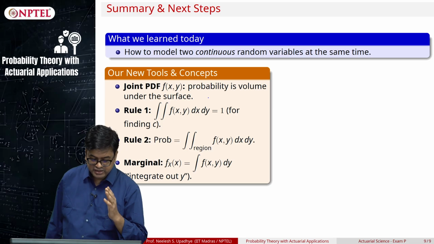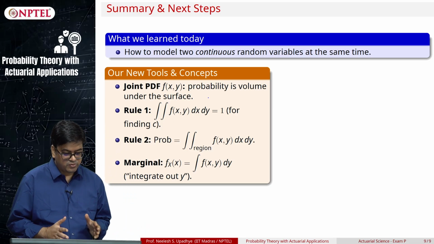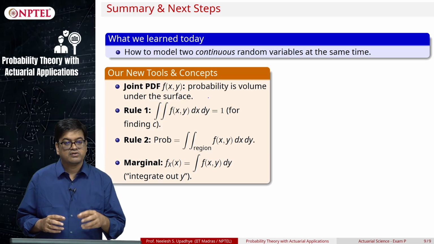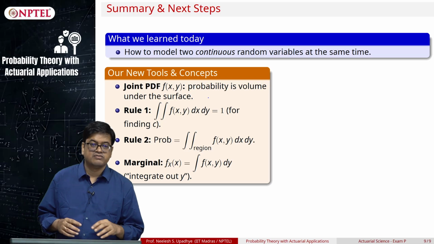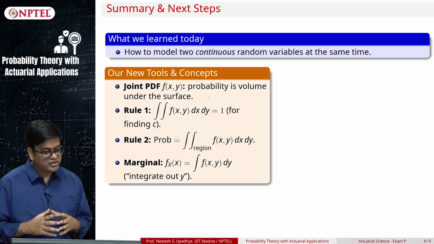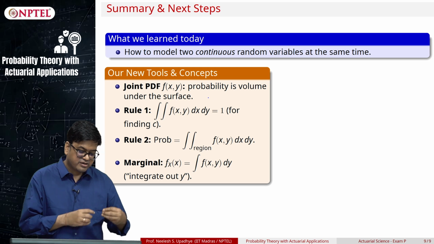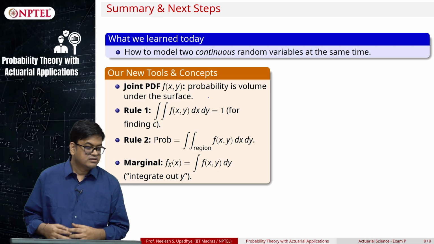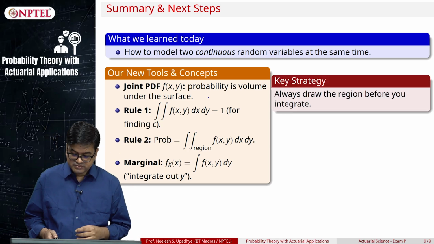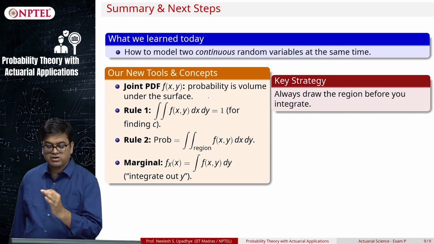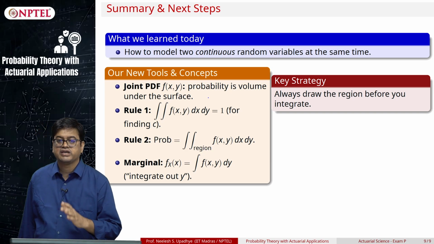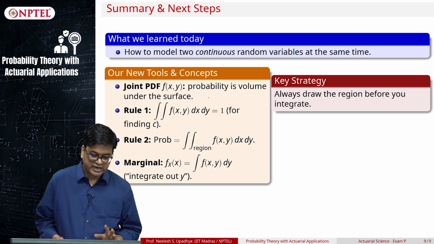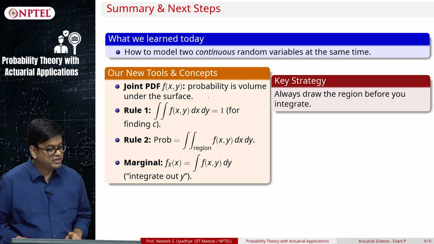First, the double integral of f(x,y) dx dy should be equal to 1, and we solved some problems for finding C. Then we looked at how the integration happens over a region, and we also designed a way to find the marginals fx or fy, where our key strategy was always to draw the region before you integrate if it is a non-rectangular domain. Okay. If it is a rectangular domain, you do not have to worry,